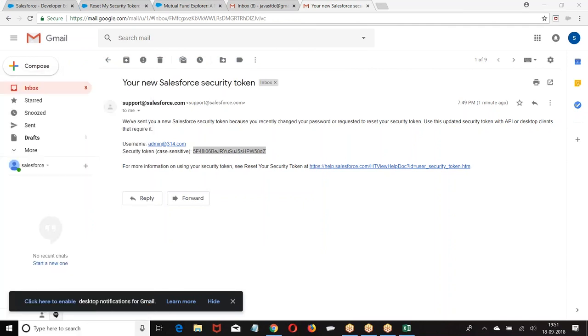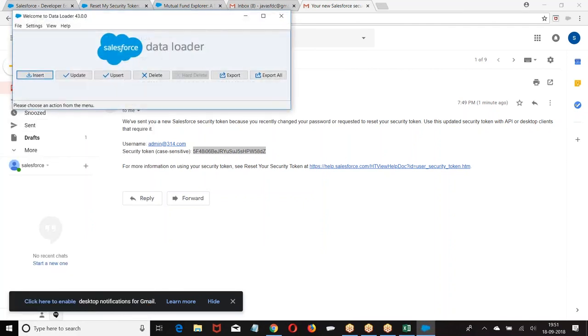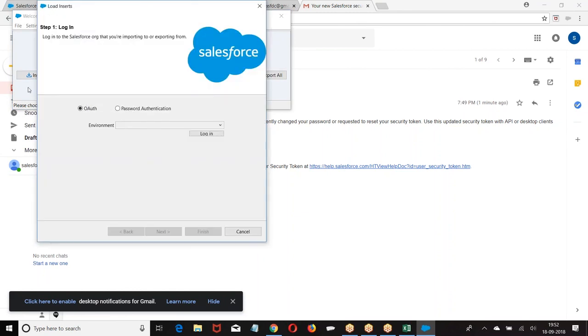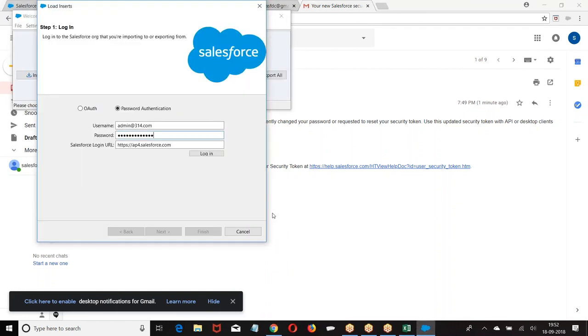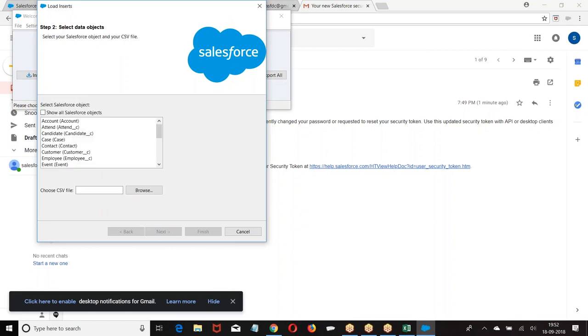It's a common problem. admin@314.com, password, your token. Any extra spaces are also an issue here. Now the login was successful.